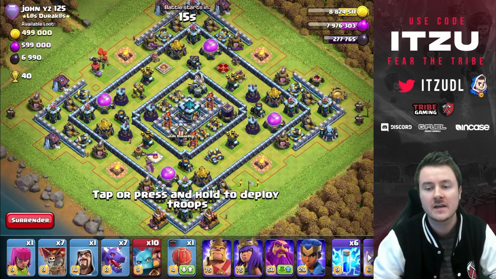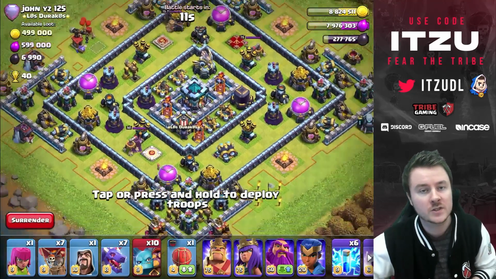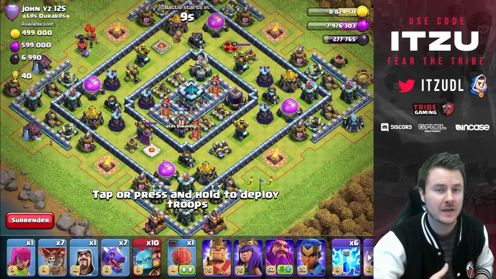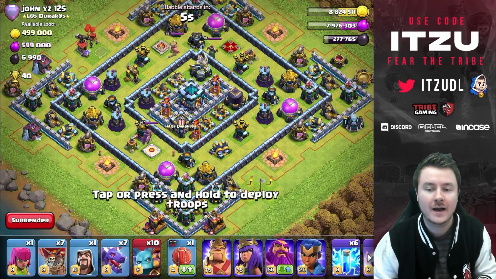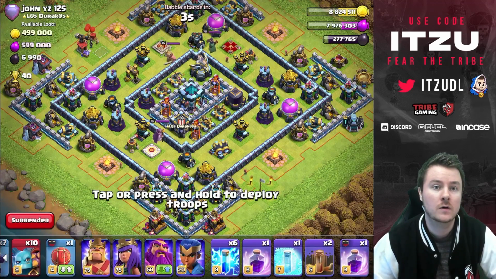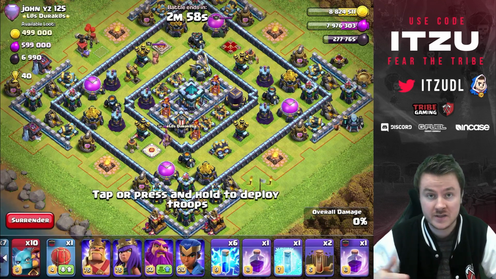That's the first thing. The second thing is the sweepers. We have one sweeper pointing towards the top right, one sweeper to the top left, bottom left, sorry. And now we have to think about what we use our lightnings for. I want to use two lightnings on the sweeper, and because the air defense is right next to